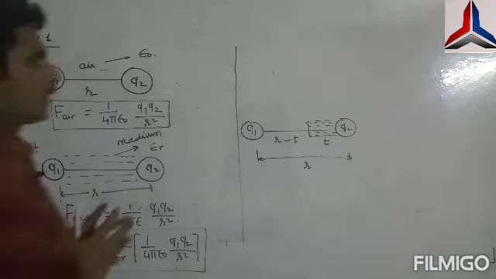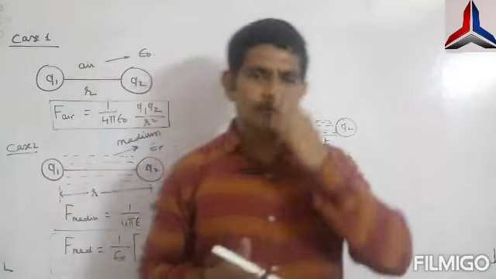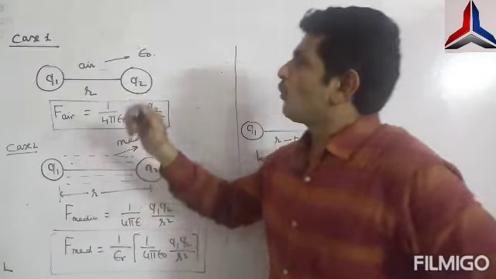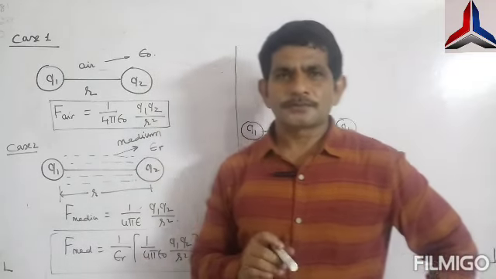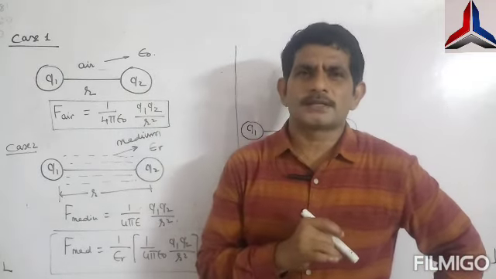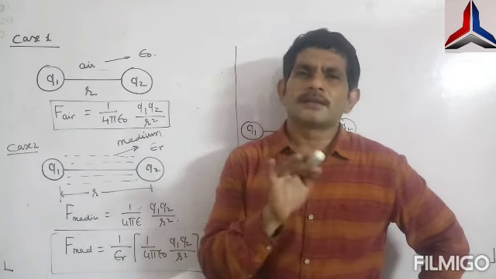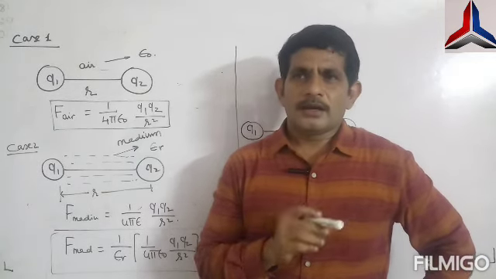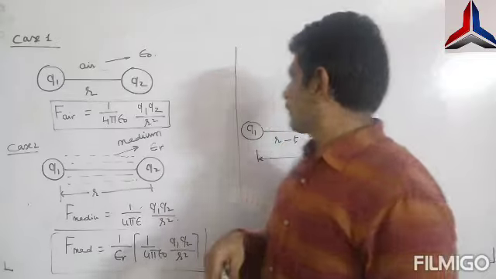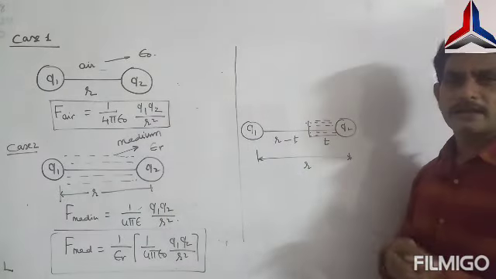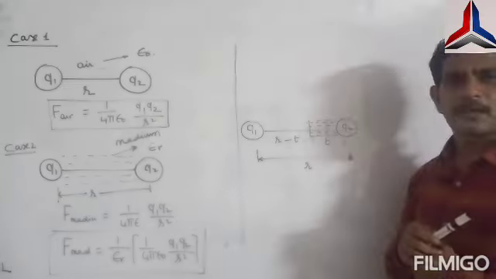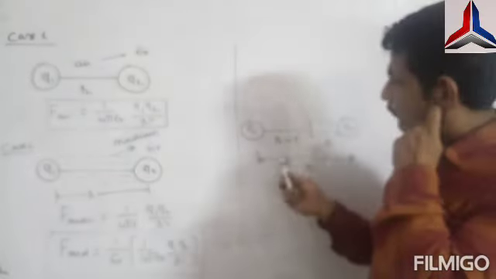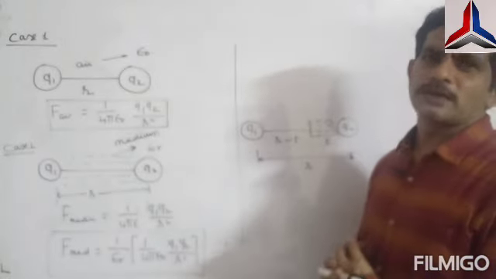I would like to explain some three special cases of the subject. If two point charges are separated in air, the case is different. If these two point charges are separated in a medium, that is completely different. One more case: suppose some part is air, some part is medium. At the moment, how to take the force between them? What formula do we have to take? So that topic we have to discuss.